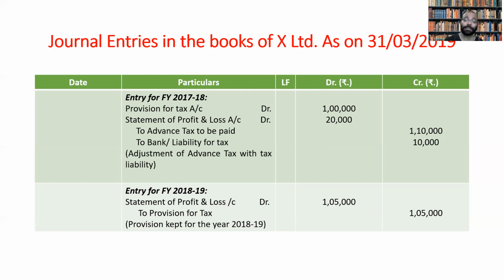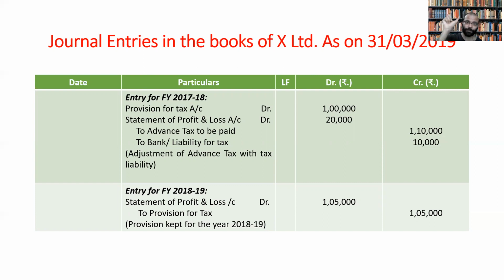Why statement of profit and loss? Because whatever treatment we are doing, it is the remaining balance of profit, it is being calculated to the additional tax or the additional provision we are taking in the statement of profit and loss. It's being transferred there, isn't it? So finally, whatever adjustment we do here is taken to the statement of profit and loss, the SOPL, isn't it? So that is what we are showing here.